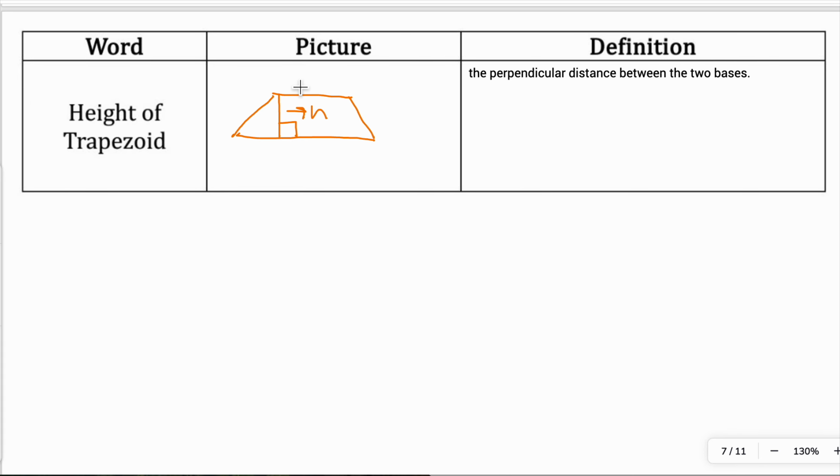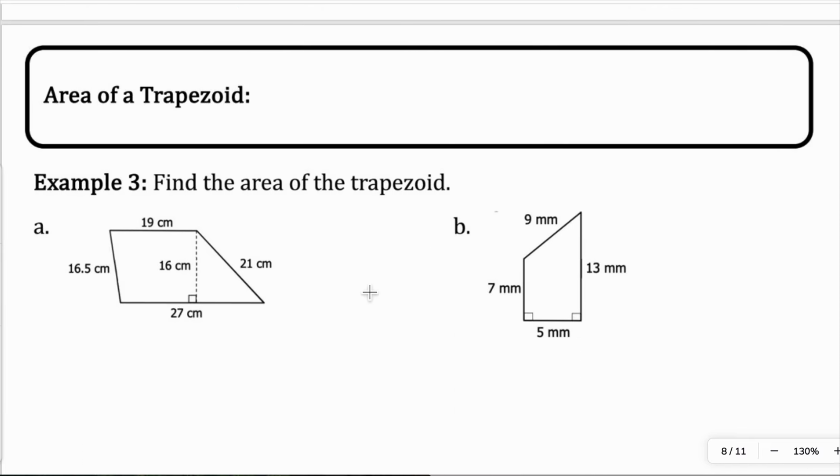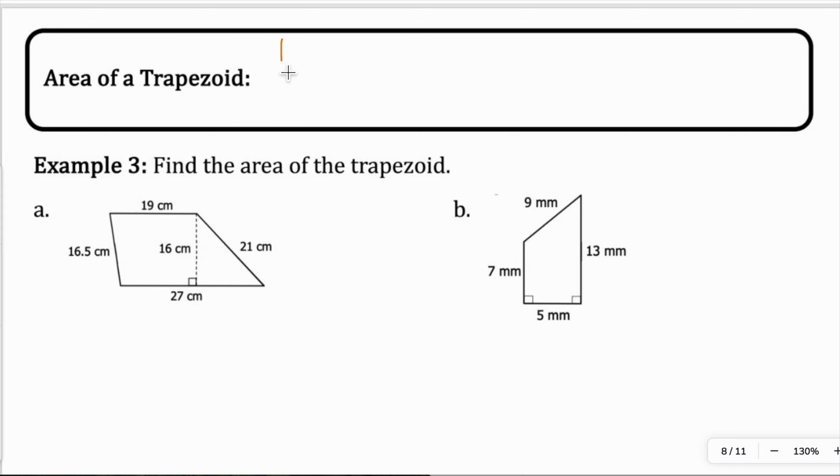height. Many people get confused and say these slants are height, and that is not true. That's just a slant height. We want the true height. We're also going to look at the trapezoid as having two bases. Those are the parallel lines that we see. So the area of a trapezoid, which we'll use here below, is 1/2 of the height times the sum of base